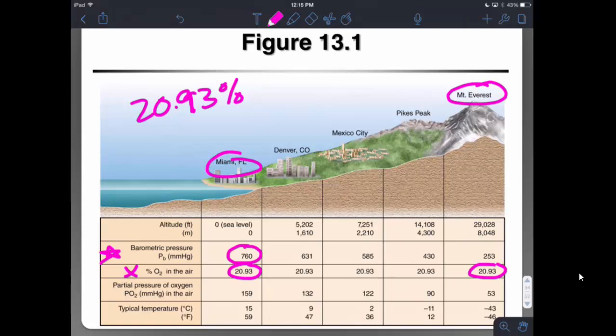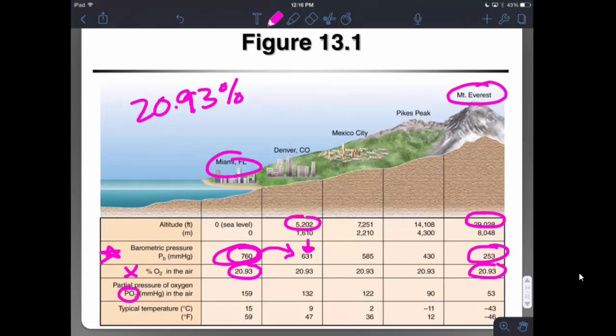As the elevation changes, the barometric pressure goes down. So as we go to higher elevations, we have lower total pressure. So that when we get up to Mount Everest, instead of a total pressure of 760, we would have a total pressure of 253. So the total pressure of all the gases is much lower at altitude than it is at sea level. And this is what causes the problem, because the PO2